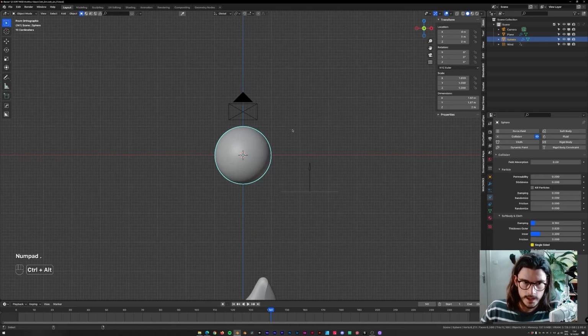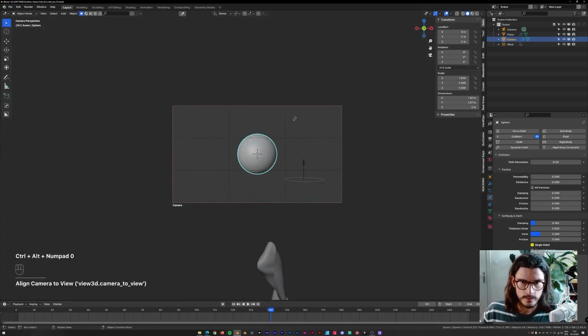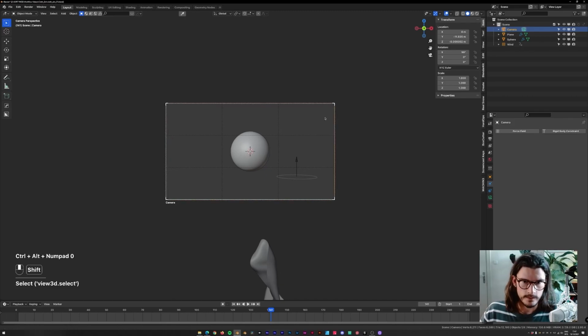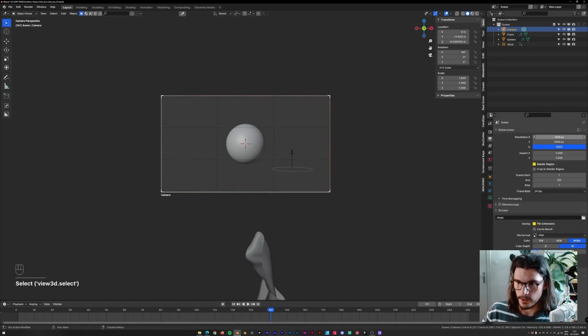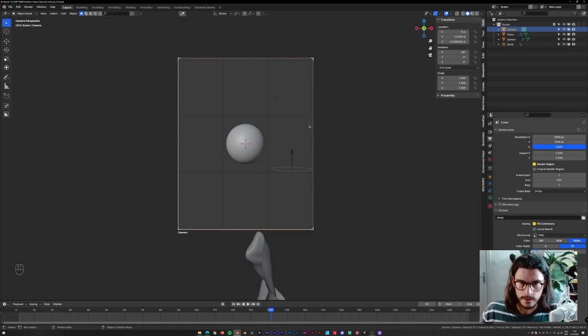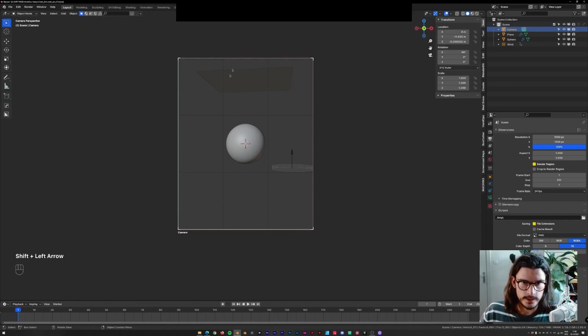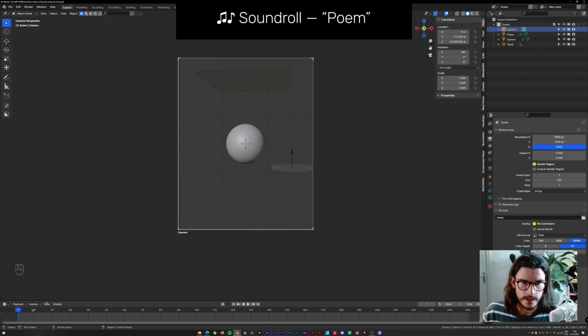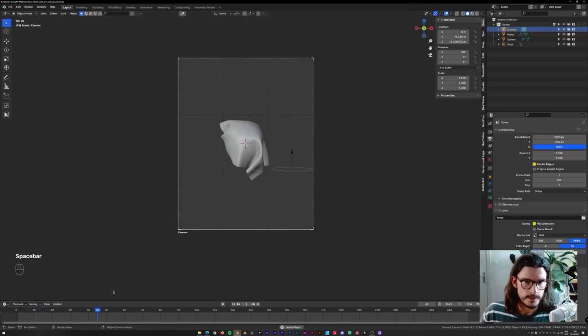Press Control Alt and 0 so that my camera is fixed on this position, and then go into the dimensions. If I save this for Instagram, I'll just go for 1080 by 1350. That is the portrait format for your feed, for example. Right now you can also see that it's just simulating in frame, which is probably not the best start for